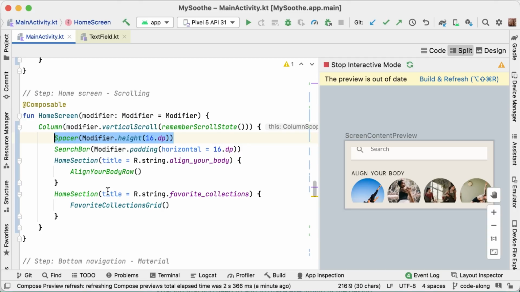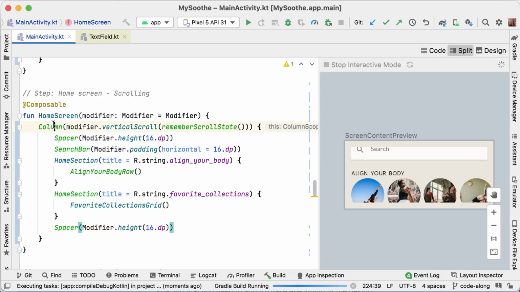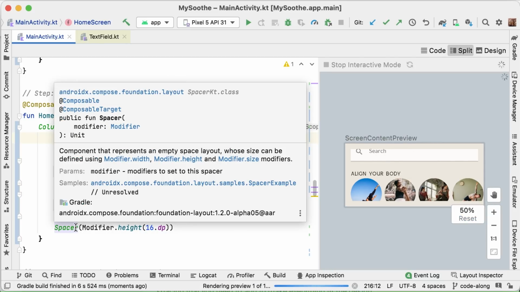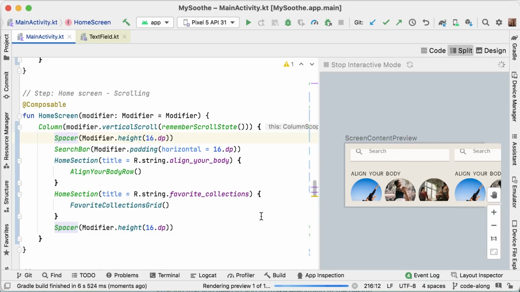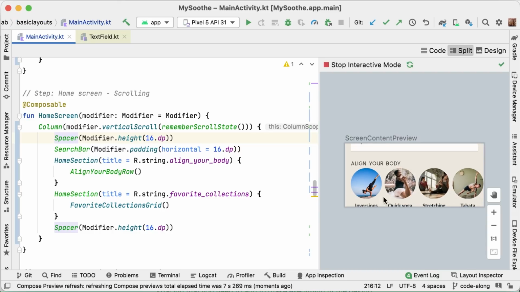And if we add a spacer at the top and at the bottom of our column, then that's going to be inside of our column. So it's not specifically padding that's set on the column. Instead, it is an actual composable that is inside of our column. And if we add it like that, then I am going to assume that our preview will now correctly not cut off any of its content.